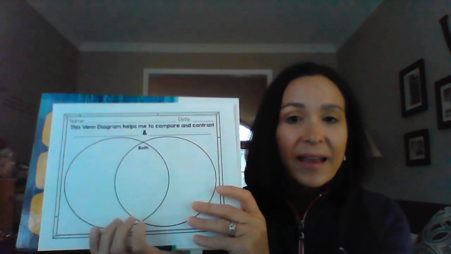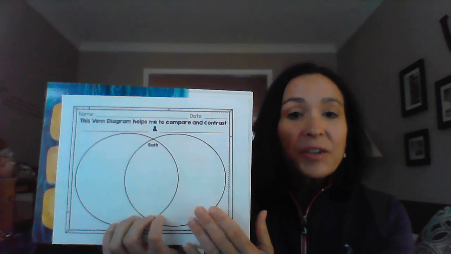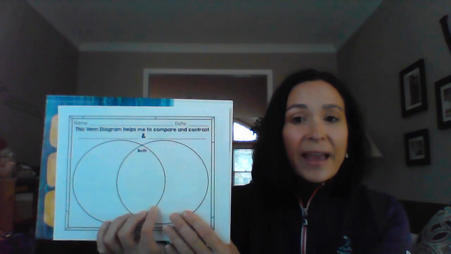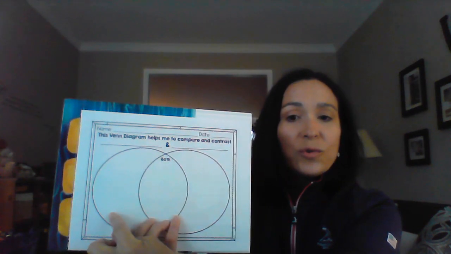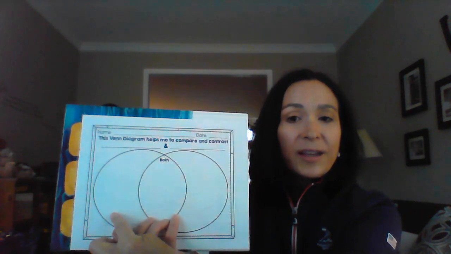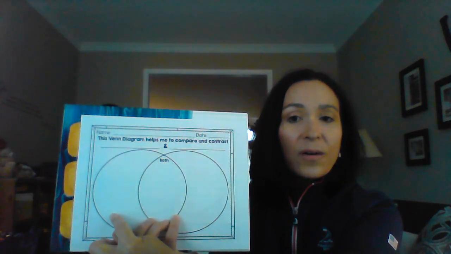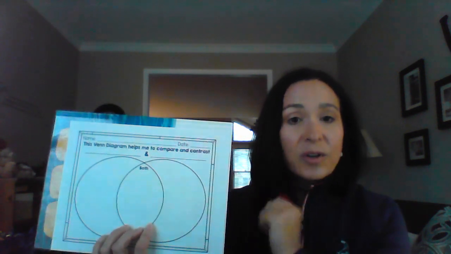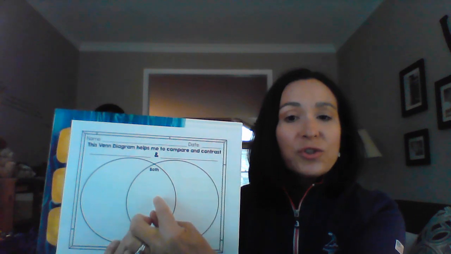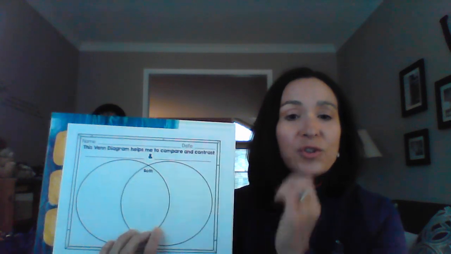Today, you have an assignment. You are going to complete a Venn diagram in your Google Classroom, and I am going to ask you to type in 2 facts from Ducky that were specific only to Ducky, 2 facts from the book I'm going to read to you today, and 2 ways that the 2 books are the same.